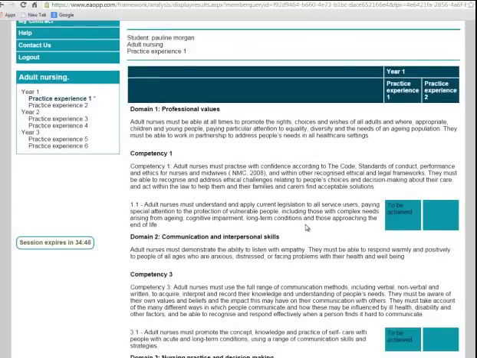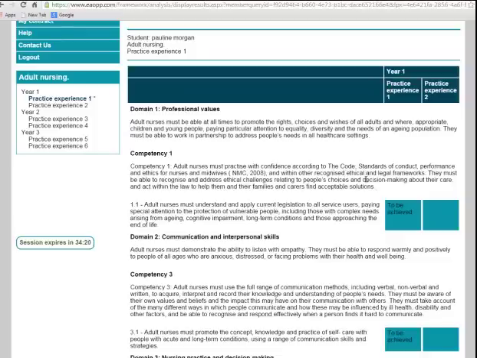You can't do anything on this page. This is for your mentor to actually complete as you go along. You can fail them. There is a fail option for the mentor, but hopefully we're not going to see too many of those. These particular competencies must be achieved by the time you finish P1. If there's any doubt that you're not going to be able to achieve one, get in touch with your academic tutor as quickly as possible. As soon as we know, the quicker we can help you find a solution